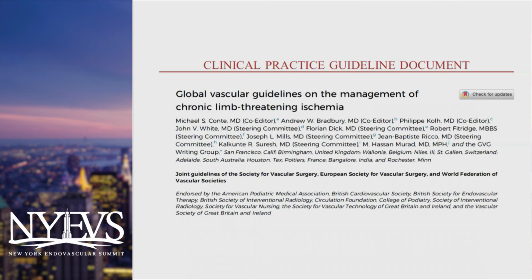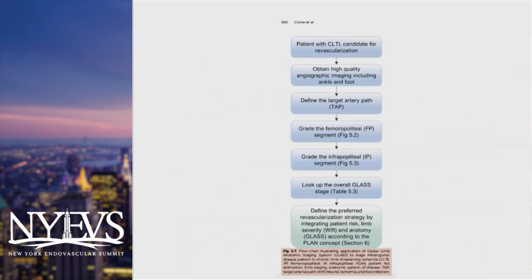Now, the more recent and the most comprehensive so far is the new GLASS classification, published, I believe, in 2019 or 2020, and it's endorsed by different vascular and endovascular societies as the Global Vascular Guidelines on the management of chronic limb-threatening ischemia. So what they recommend is when you have a patient with CLTI, or chronic limb-threatening ischemia, and the patient is a candidate for revascularization, it's best to obtain high-quality angiographic imaging, including ankle and foot, and